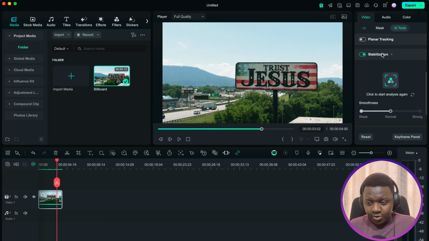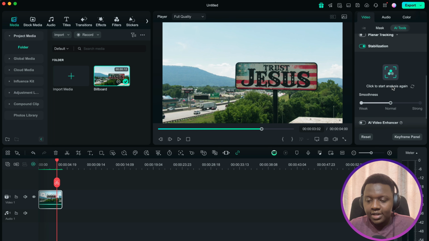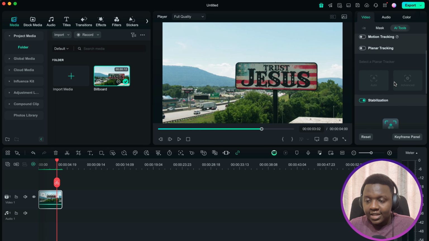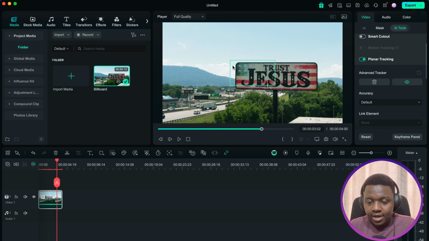The next thing we do is to enable planar tracking. The feature is under video, AI tools, just above stabilization, we have planar tracking. I'll go to planar tracking and enable that. Now the best option is to use advanced. We can click on advanced. There is a green rectangle. This green rectangle is supposed to be the plane surface where you plan on tracking, or rather inserting the